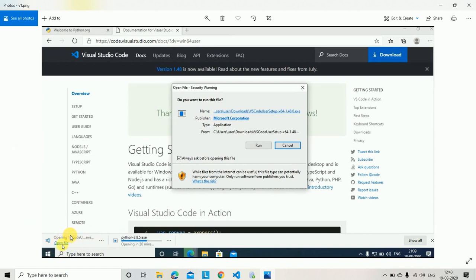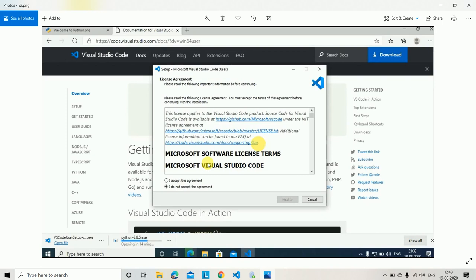After downloading that, please click to open the folder, and then you will get a pop-up message like this. Click on run. Then this file will execute its process, and after clicking on run, it will give some pop-up message like this.